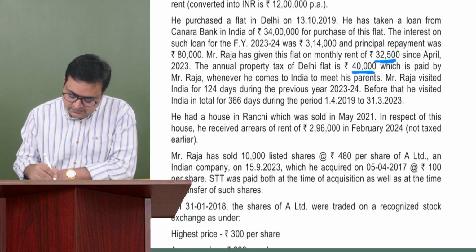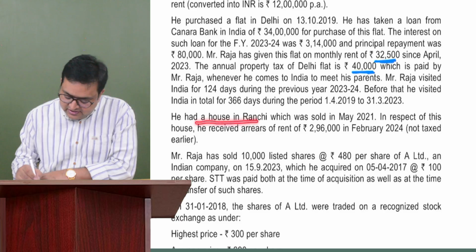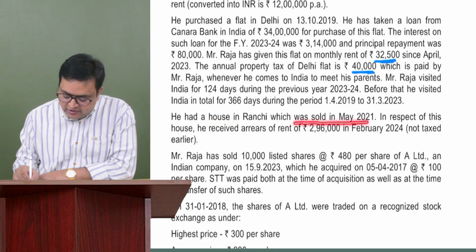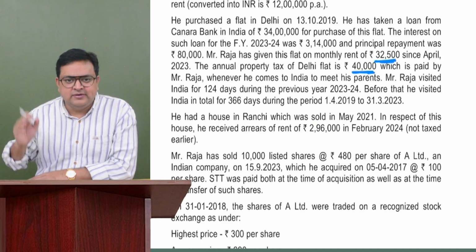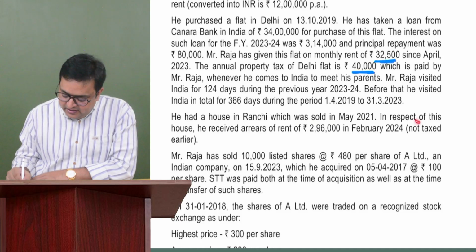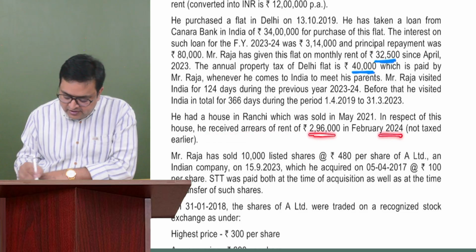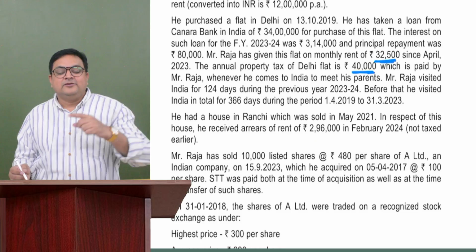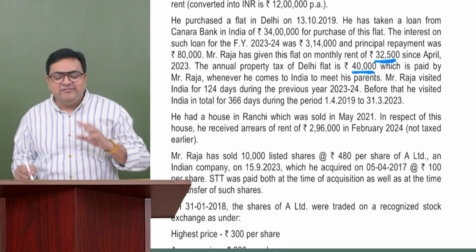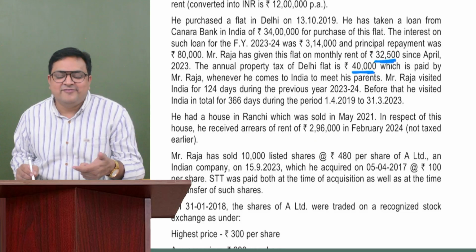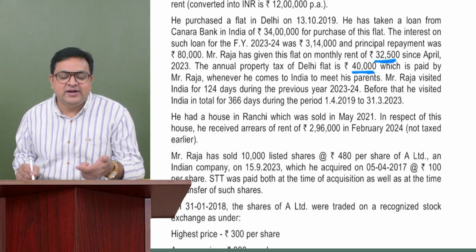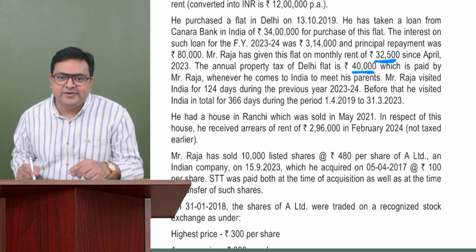Now, he had a house in Ranchi which was sold in May 2021. So he was having a house earlier which was sold some 2-3 years back. In respect of this, he received arrears of rent of 2,96,000 in February 2024, not taxed earlier. So this person has received arrears of rent. Very nice question. You understand whenever there is a recovery of unrealized rent or arrears of rent, it becomes